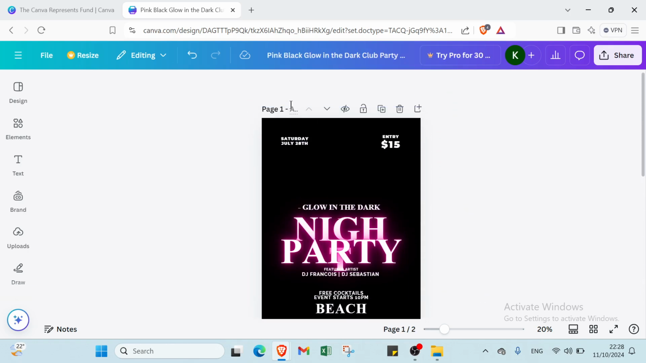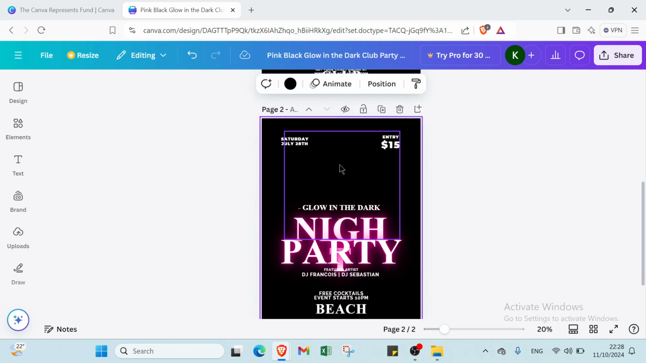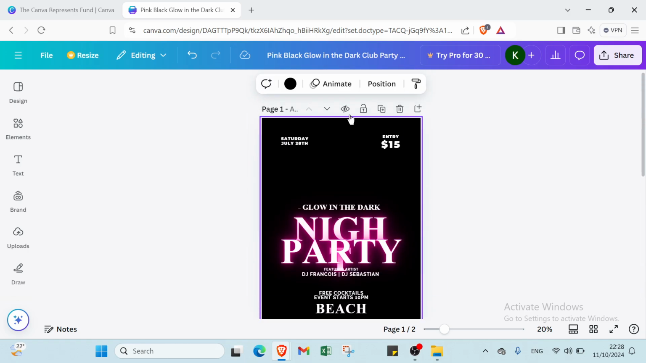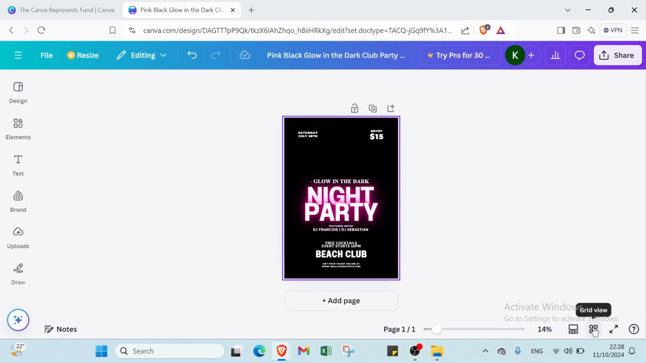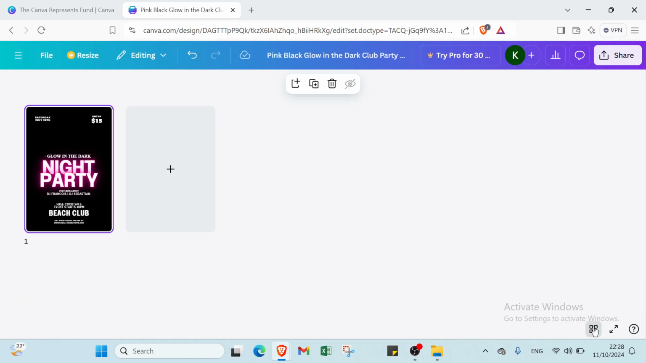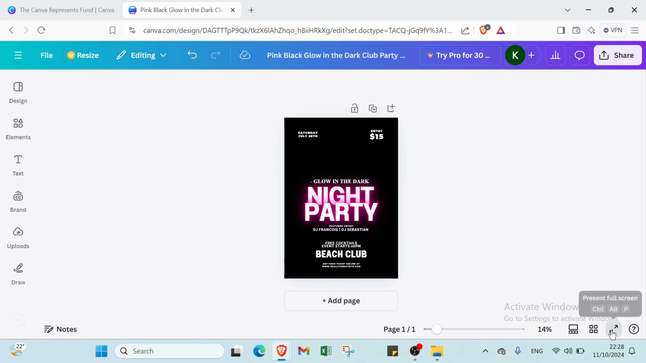Here we have write down, and here we have move up, move down. You have here the option of hiding page, lock page, and we have here duplicate page, and if you want to delete it. So this is it. And here we have also, if you want, the option of temporal view. Then we have here grid view, and we have here present full screen,